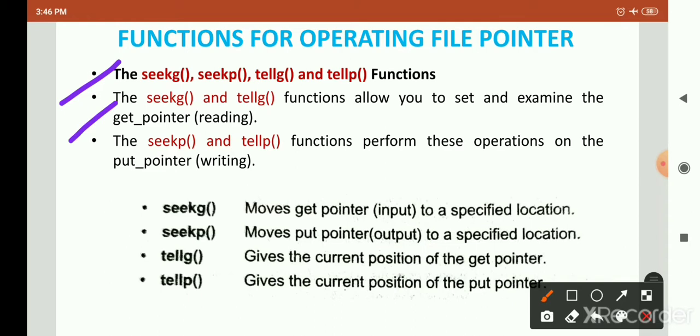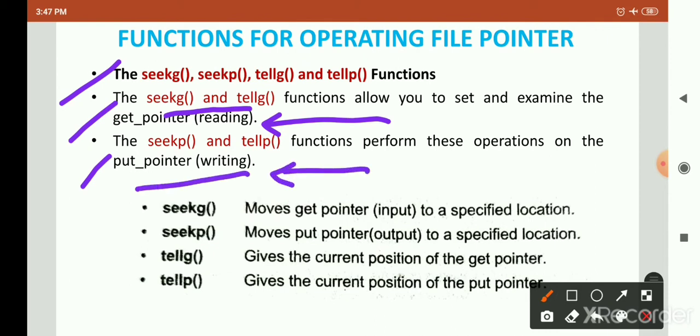The functions seekg and tellg allow you to set and examine the get pointer. Means if you want to read a file randomly, then you can use seekg or tellg functions, and seekp and tellp functions perform this operation on the writing side.